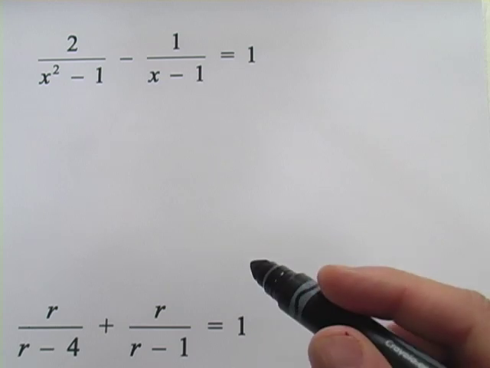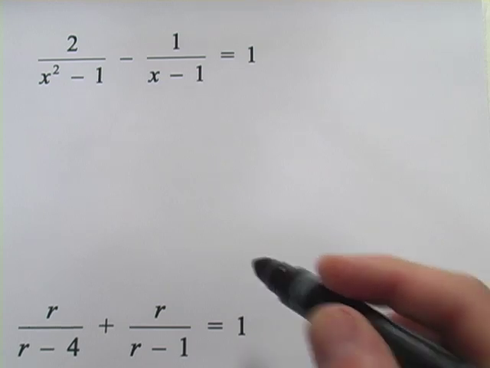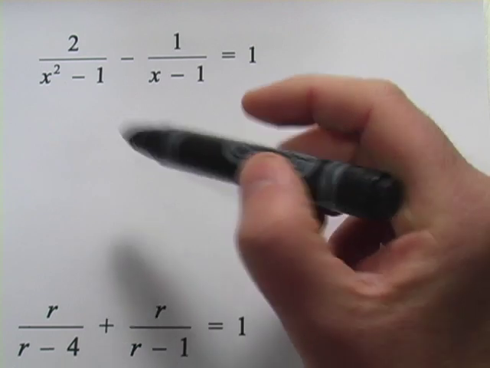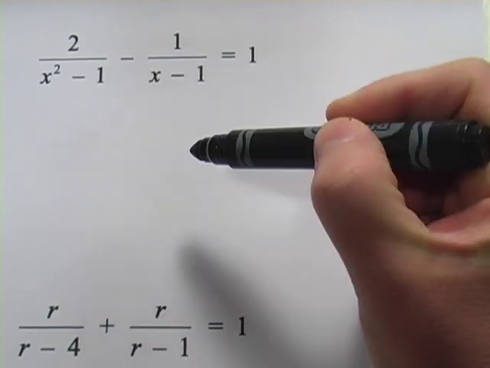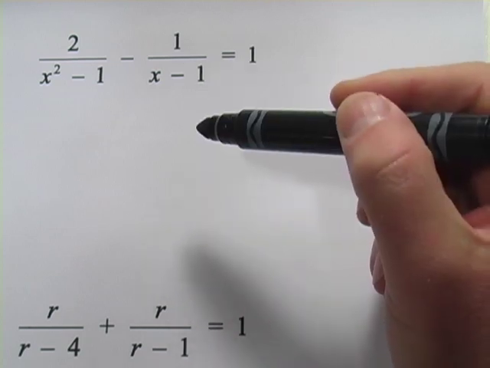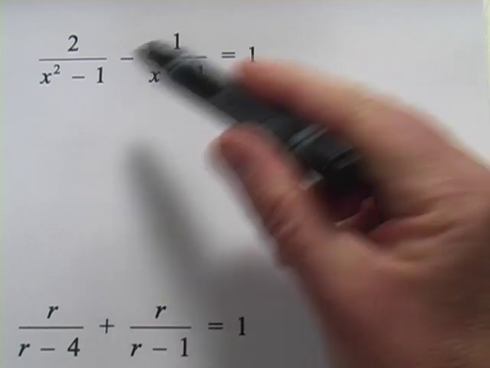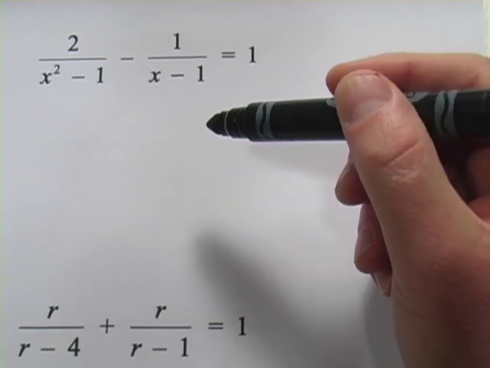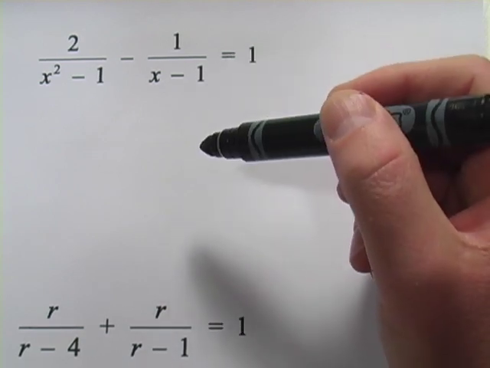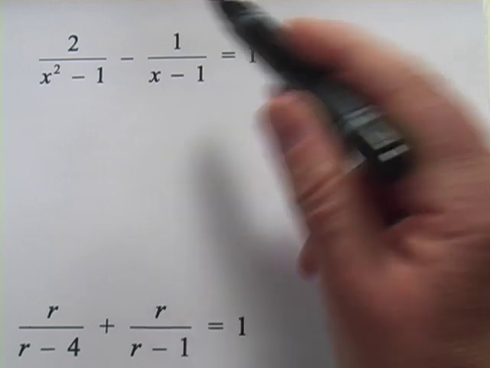These problems may not look like quadratic equations. They're rational equations, right? They have x down in the denominator of a fraction. But there are quadratics lurking within these. And what we're going to do is manipulate these so that the quadratic comes out. Then we'll solve the quadratic. And then we'll have to do a little extra testing to see if all those solutions really work with our